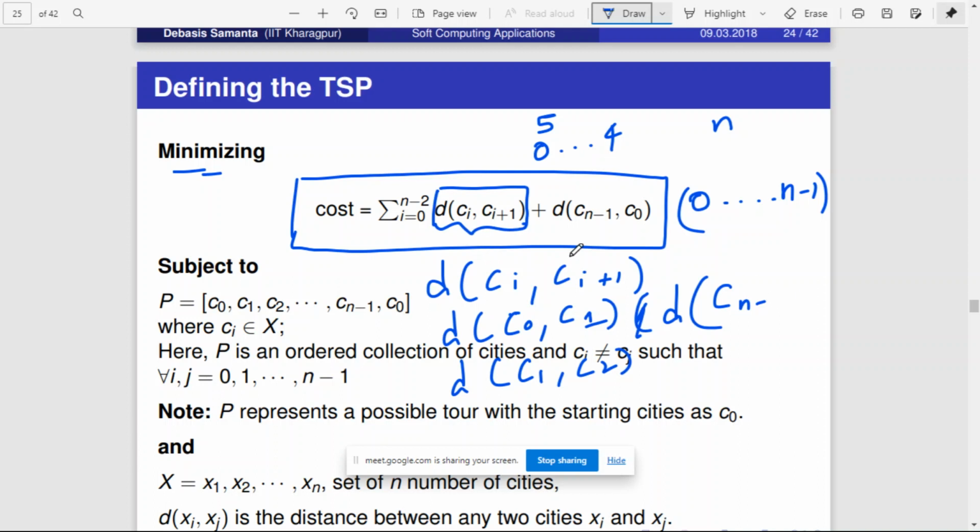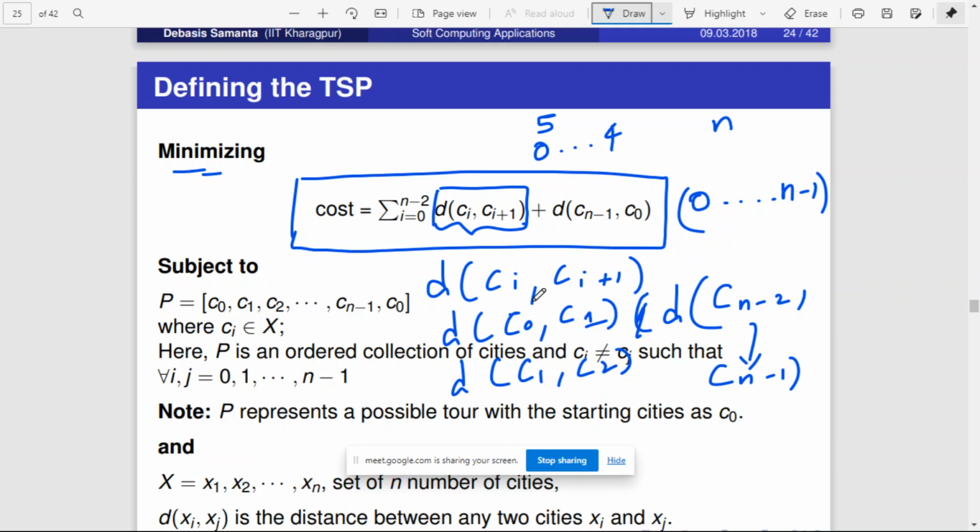If i is n minus 2, if Ci is C n minus 2, comma, n minus 1. Okay, so n minus 1 is what? N minus 1 is the last city, and n minus 2 is the last but one city. So this is C n minus 2 to C n minus 1, so that it is ending with n minus 2, right? So this is one combination.